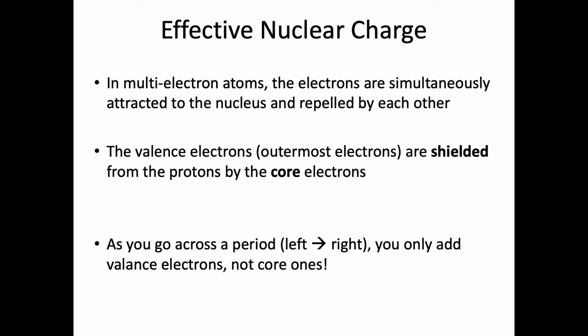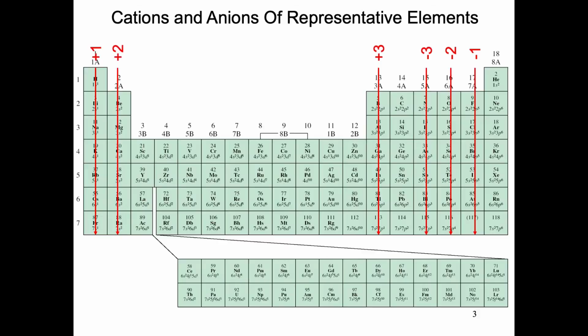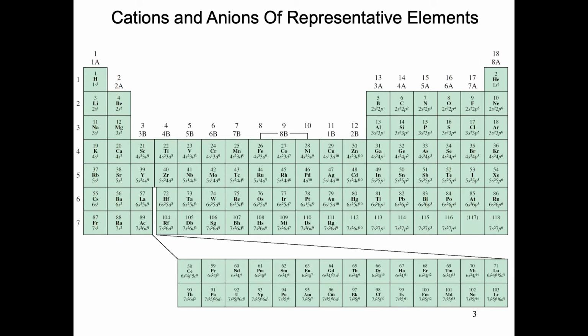And so here's another curious idea. As you go across the periodic table, from the left-hand side moving directly to the right-hand side within a period, you only add valence electrons and not core electrons. So here's the idea. Say you're in period 4 here. If you go from potassium all the way to krypton, but you stay in this fourth period,